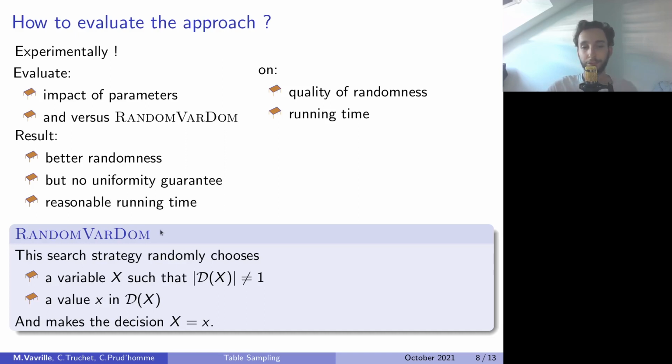So now, just the theoretical definition of random-random is a search strategy during the search of the solver, which will randomly choose a variable x that is not already instantiated, a value small x in its domain, and will make the decision x equals small x. So this random strategy is very easy to implement, but is not uniform, and that is what we will see